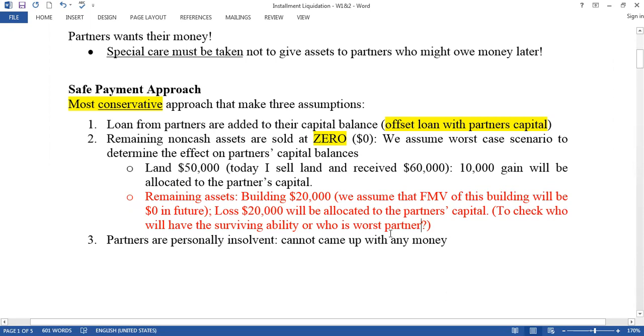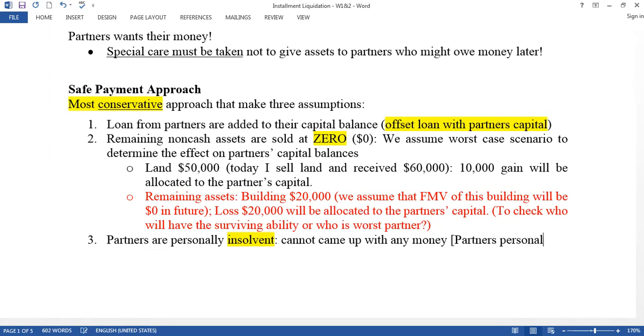That means partners who don't have the ability to survive in future. So this is the second assumption. The third assumption is that partners are personally insolvent. So from the very beginning, we'll assume that partners are personally insolvent. What is the meaning? The meaning is partners cannot come up with any money. That means here we assume that partners